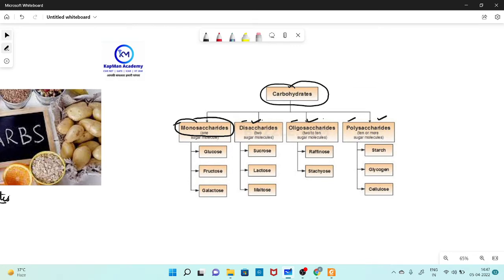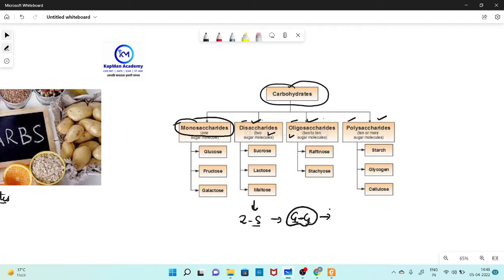and polysaccharides, right? So in the case of disaccharides, as the name says, it has two sugar molecules which are joined together. If we are talking about glucose, then glucose will join to another glucose molecule and form a disaccharide. So when there are two sugar molecules in the structure, that type of sugar is called a disaccharide, right? And if there are more than 2 and up to 10, then these sugars are called oligosaccharides. So disaccharides are also sometimes called oligosaccharides,